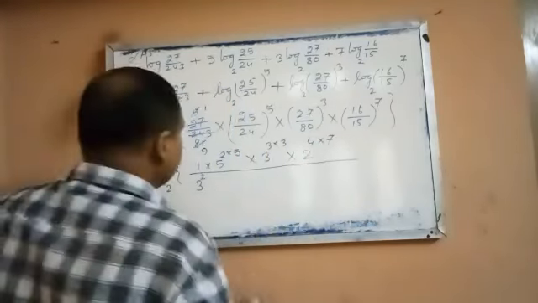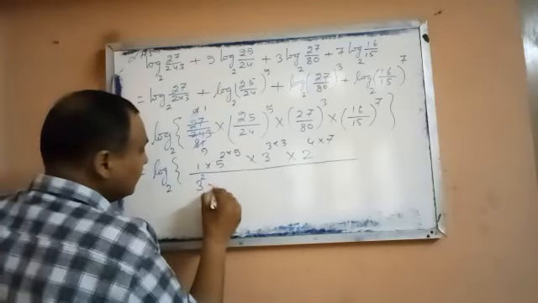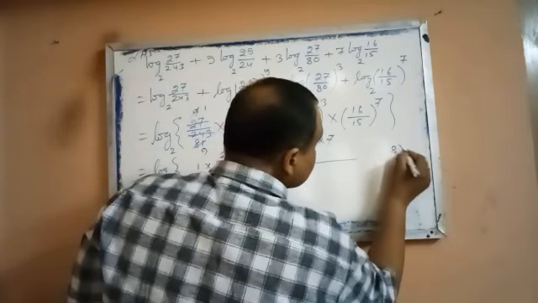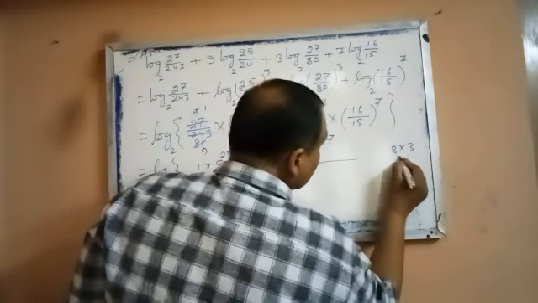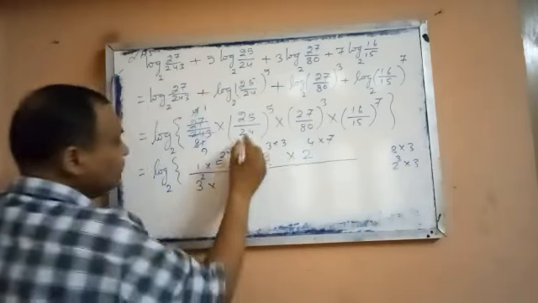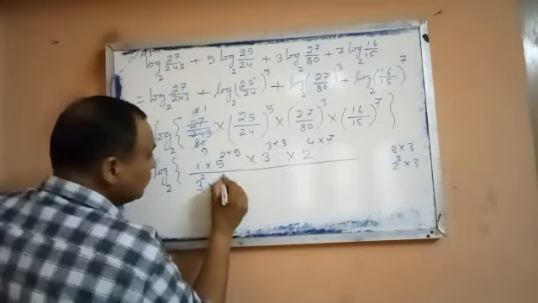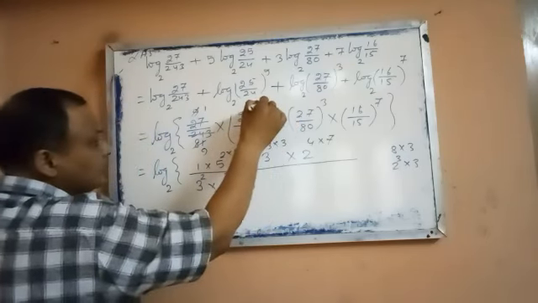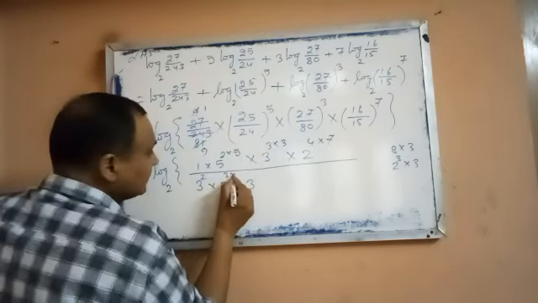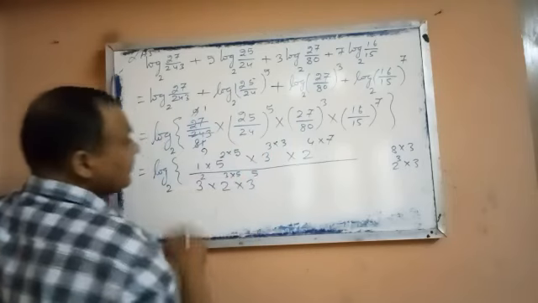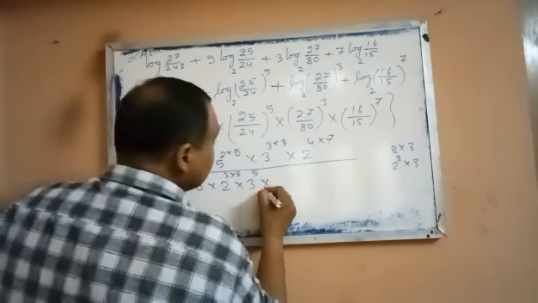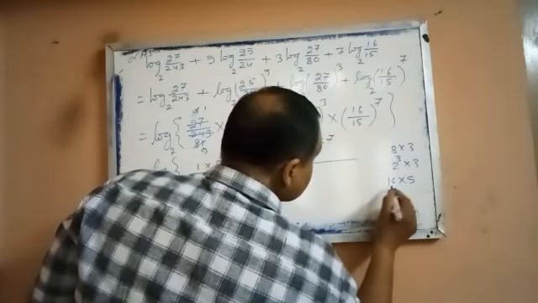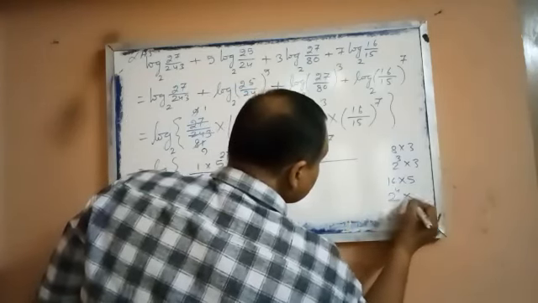So all the numerators we did, now we'll come to the denominator. 24 we can write 8 into 3, and 8 is what? 2 cube into 3, so 24 directly we will write 2 cube into 3, and the previous power is there 5, so we'll write this one into 5, and here 5. The same way 80 we will write 16 into 5, and 16 is what? 2 to the power 4 into 5.